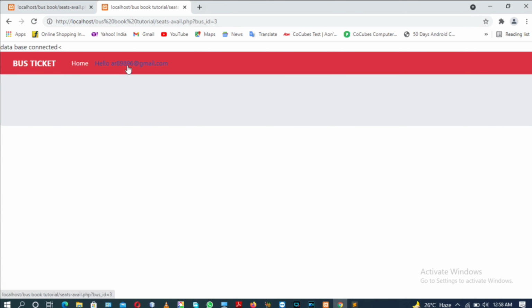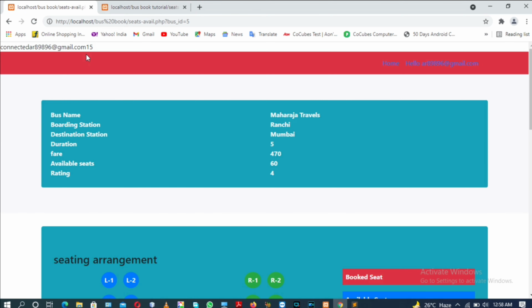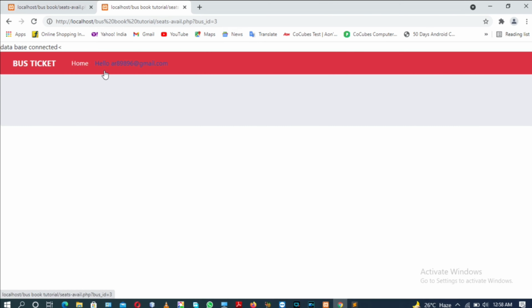So as you can see, our email ID is visible. But the problem is that it should be visible here on the right side, but in our sample working project it is visible on the left side. So we have to make it align at the right corner.